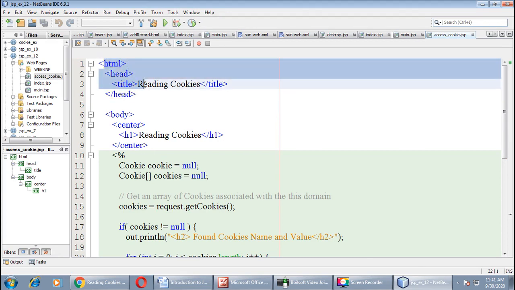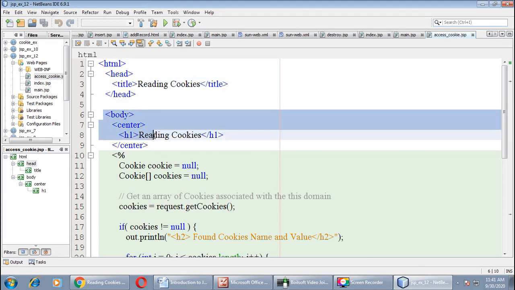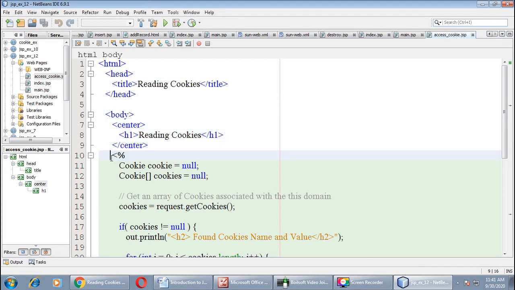HTML tag begin, body tag begin. Inside the body tag, here you can see the scriptlet tag is begin. Here I have created one object of type Cookie, right, and assigned a null to this object. Then I have created one array of type Cookie with name cookies.